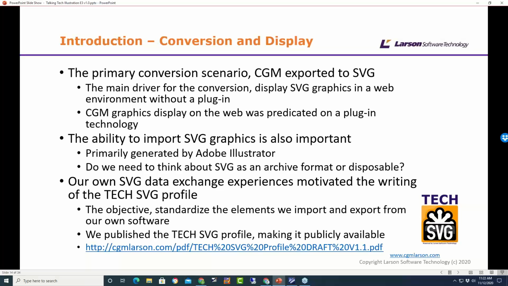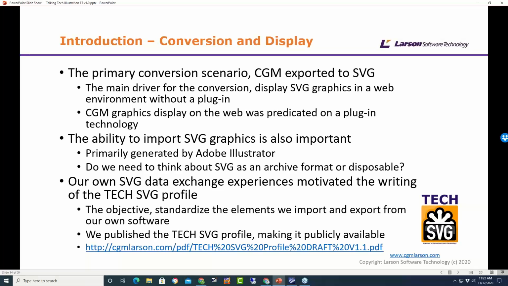But we've also found that people want to import SVG as well. We wouldn't probably recommend that into our software, especially if you're using Adobe Illustrator, because you could use PDF, which would be a much better mechanism. But if that's all you have and other files have been thrown away, then we've found that SVG is not a bad way to get the file in, and we've done a lot of work, certainly with Adobe Illustrator, to make that work. But we really wouldn't recommend you use SVG as your archive format. We see it as more disposable, something you could use for display purposes.